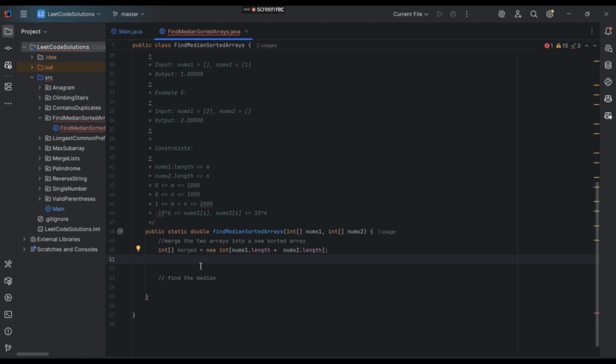So if we choose to iterate one of them and check against the other one, then we'll have the problem of going out of index. And at the same time, we also need to be putting the least number we find into the new array. So the idea I'm having is that we should iterate the merged